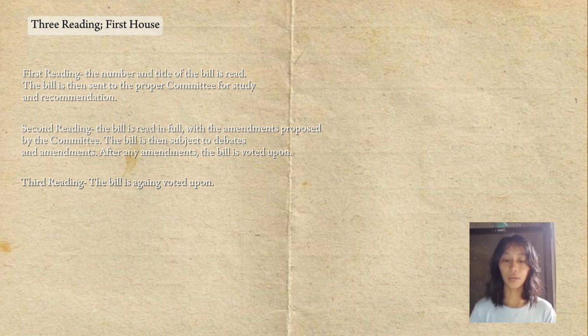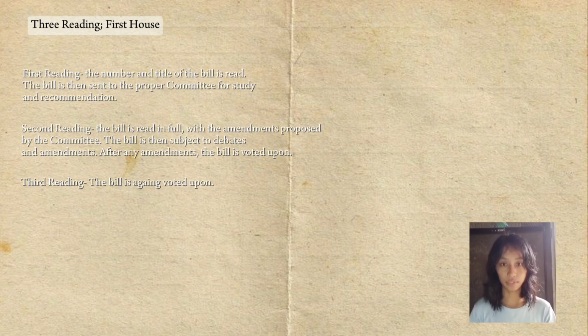If the second house approves, the bill is authenticated and transmitted to the President. But if the second house introduces amendments, the bill is transmitted to the first house. If the first house agrees to the amendments, then the bill is authenticated and transmitted to the President. But if the first house does not agree to the amendments, the differences will be settled by the conference committees